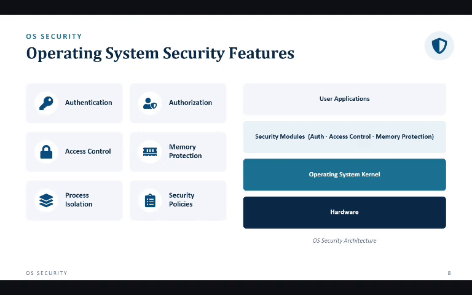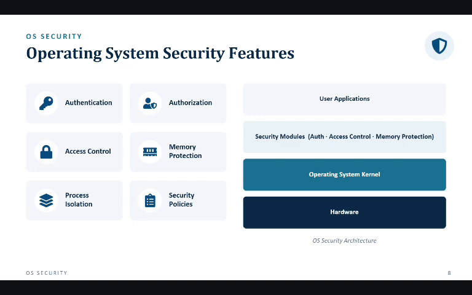So, how does the OS defend against all of this? Operating systems rely on six core features: authentication to verify identity, authorization to control what a user can do, access control to enforce permissions, memory protection to guard against memory-based attacks, process isolation to keep programs from interfering with each other, and security policies that govern